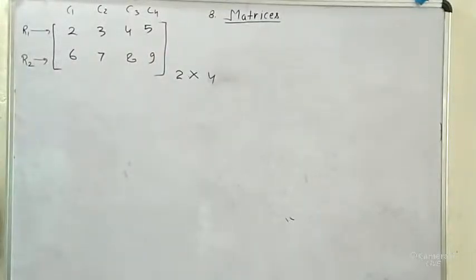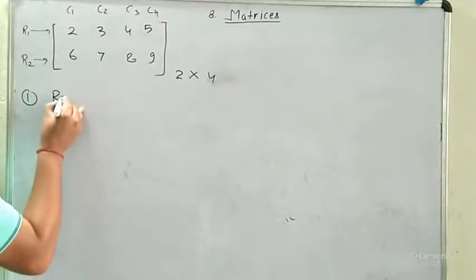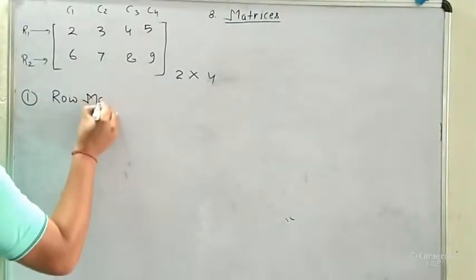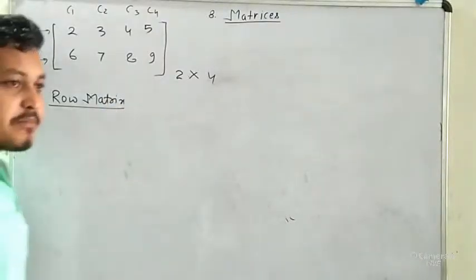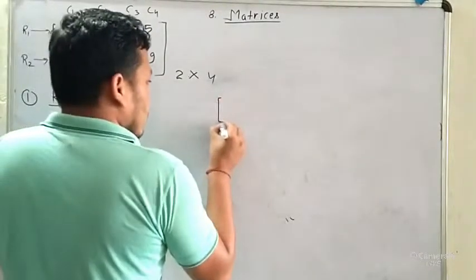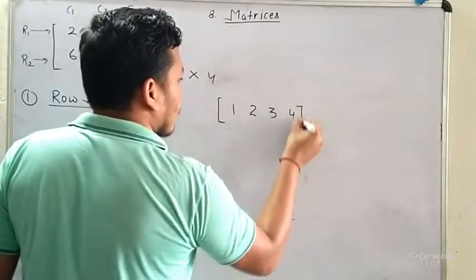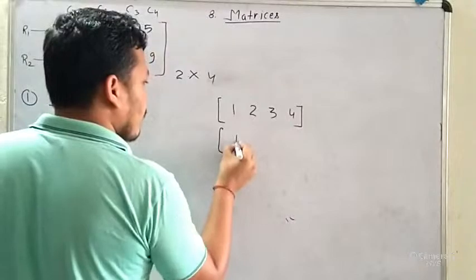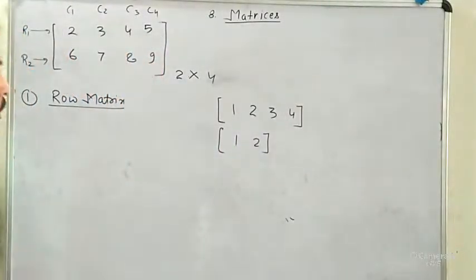Next, after this, the topic that will come is types of matrices. Okay, types of matrices. The first one is row matrix. Row matrix means, if you have given a single row,